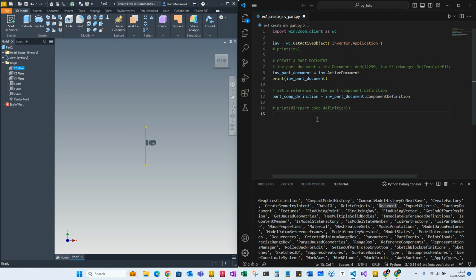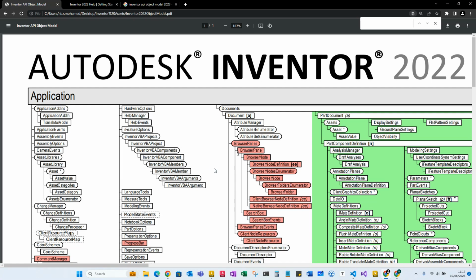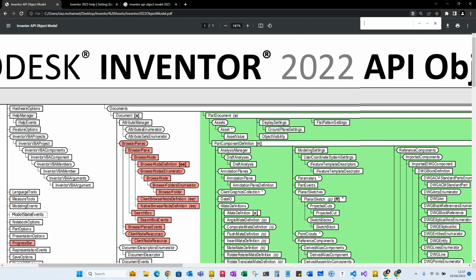Let me write my notes here. Create a sketch. So in order to create a sketch, let's assign it to a variable. Or even before we do that, let's just say part component definition, and retaining the sketches object, right? So where did I find the sketches object from again? Now this is an object, so we have to go look at the Inventor object model. So let's go and search for